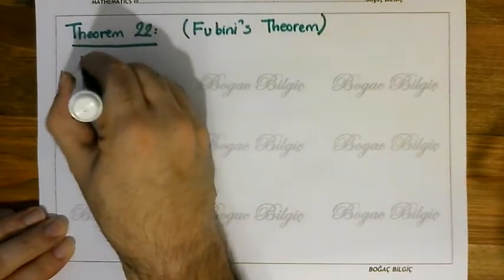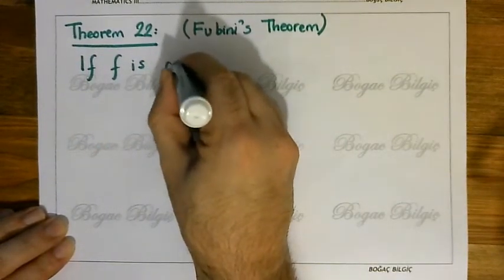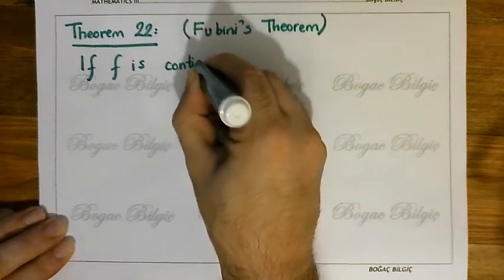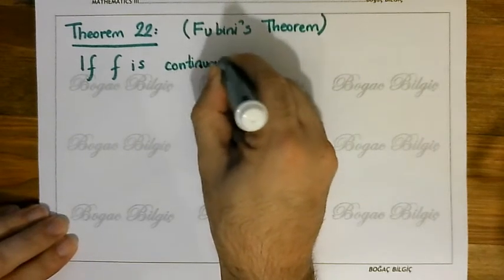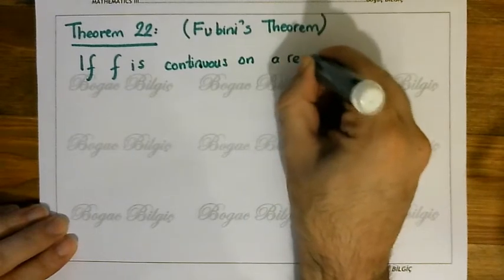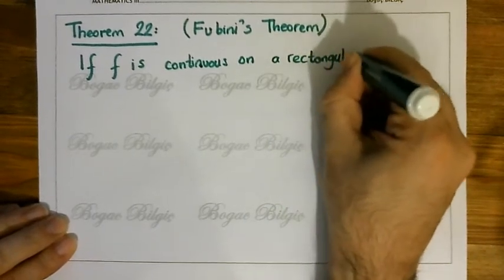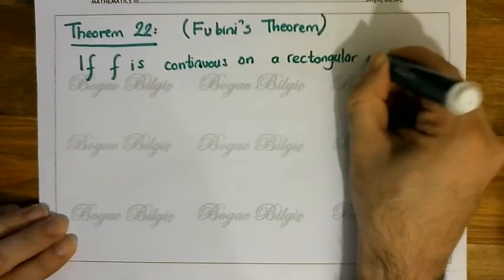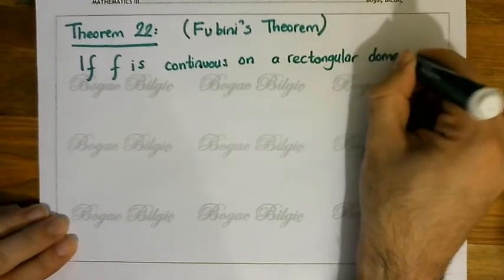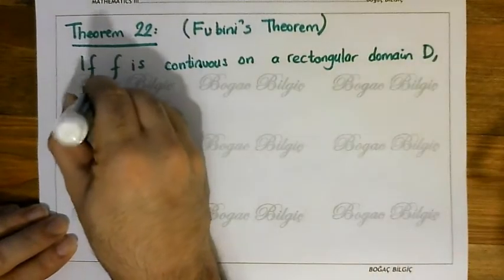If f is continuous on a rectangular domain D, then